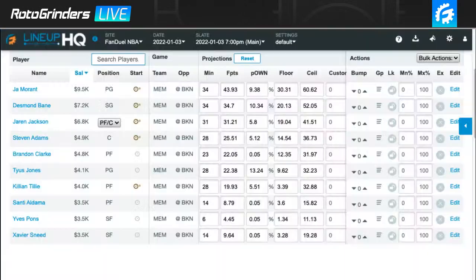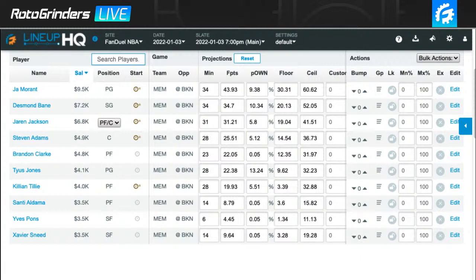Memphis, I definitely love getting the job tonight. If I'm playing Harden, this is another game stack situation. If I'm running Harden, I'm definitely running back with someone from Memphis, Ja Morant or Desmond Bane, my first priorities to get in. But especially on DK, if you want to save salary a little bit, then you can get to Tyus Jones, who I think is a phenomenal cheap value play that we have today,